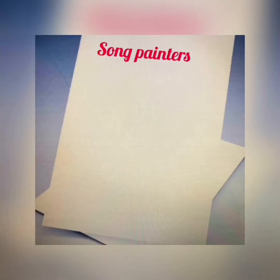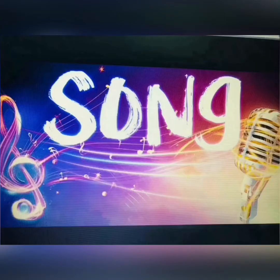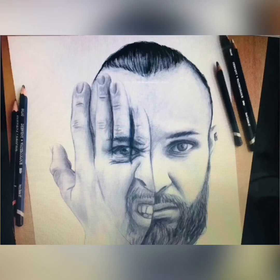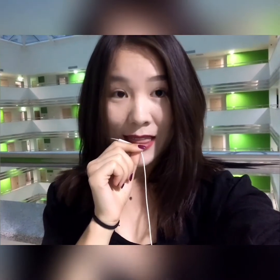The second activity is Song Painters. Hand out one A4 paper and color markers to each student. Tell your students that you are going to switch on the song after they listen to it 3 times. Their task then is to draw what they've heard in the song. After that, students work in pairs or groups, show and describe their drawings. With some of this, encourage your learners to have a little fun, let down their guard, and show their inner